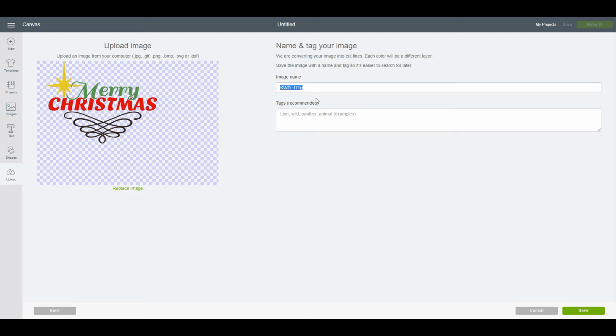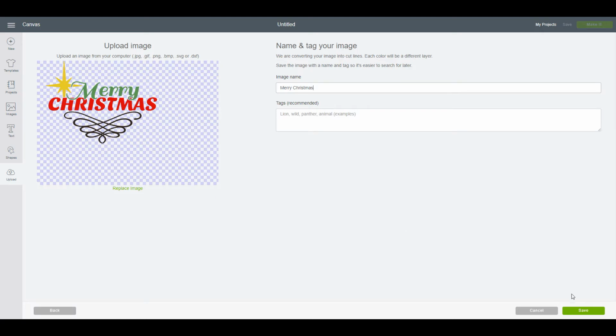of the screen. Then we have the opportunity to name this image. We're going to change its name to Merry Christmas. You can also tag it. I'm not going to bother entering tags right now, but as you can see here, this background, it's kind of a blue and white check. That means there is no background there. It is a transparent image. So when we move on, that blue and white check goes away. It's transparent. And what we're going to end up with are the gold star, Merry Christmas, and then the black